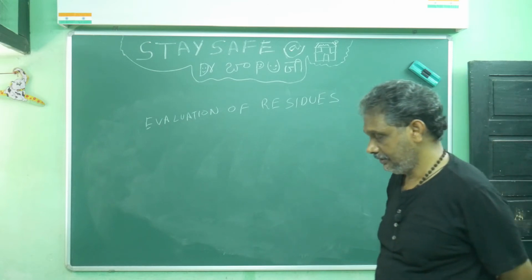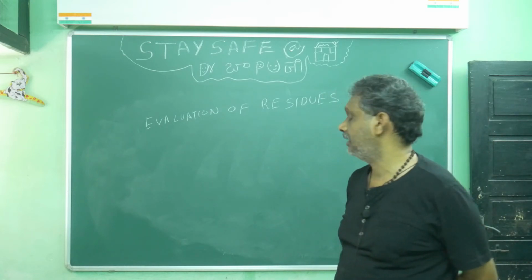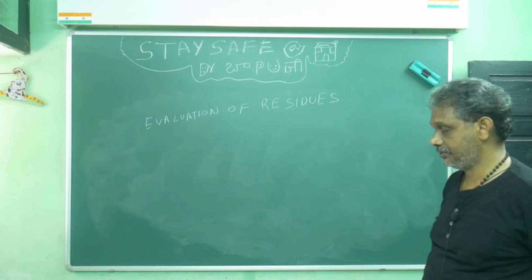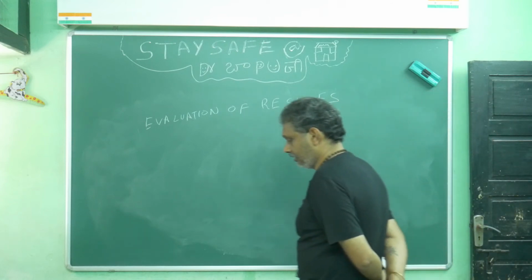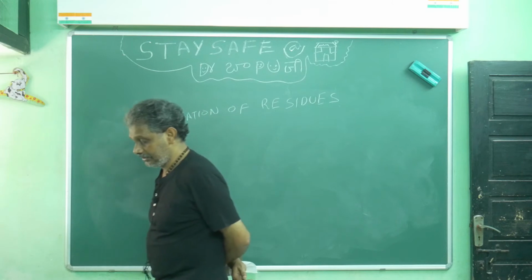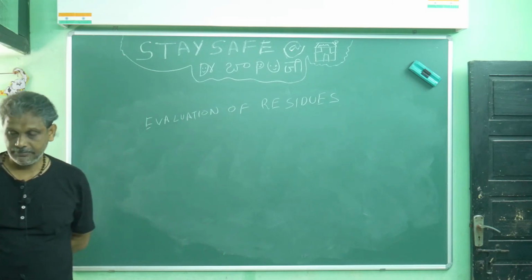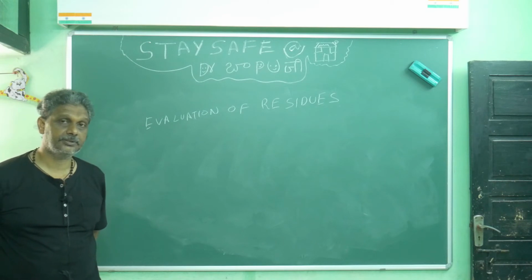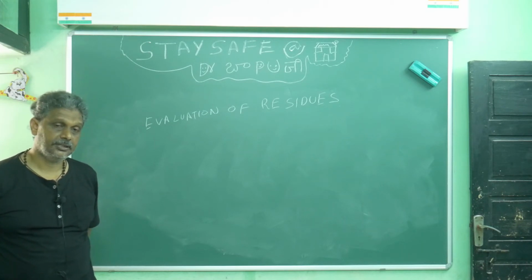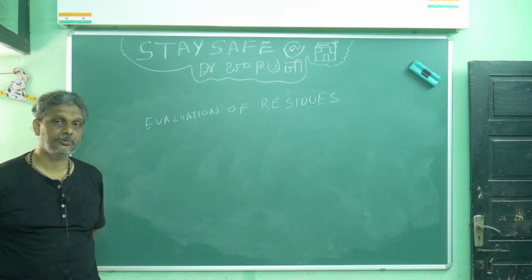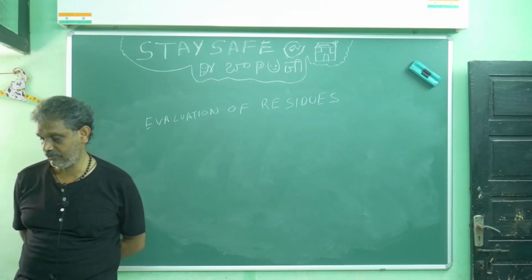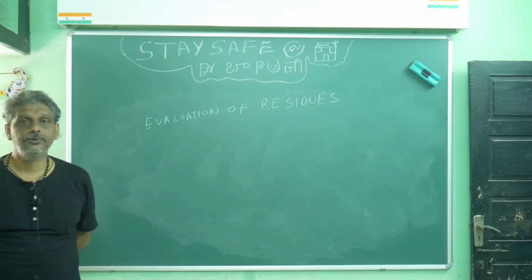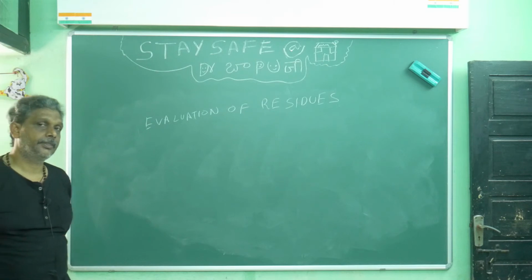See, evaluation of residues, how to attack the problems in residues. In the theory part, go for the Laurent series and expand it. The negative powers of z minus a, the first term, that is the coefficient of (z minus a) to the power minus 1, that you can say is the residue. That is always somewhat tough, but doing the problem is totally different.